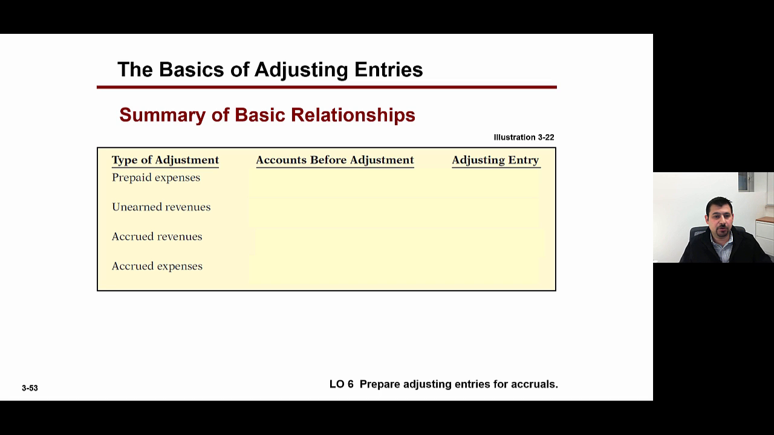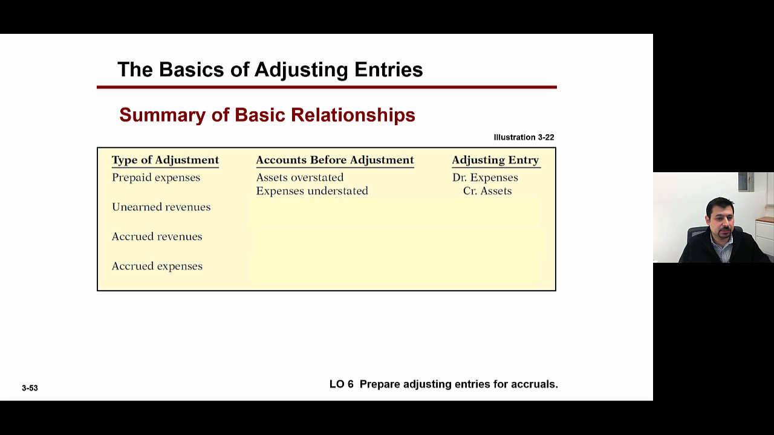This is a summary of the basic relationships and the state of the accounts before adjustments, and what the adjusting entry needs to be recorded. This is just a summary of what we said. So for prepaid expenses, before the adjustment, assets were overstated and expenses were understated. The adjusting entry for this one would be to debit expenses and credit assets in order to increase the expenses